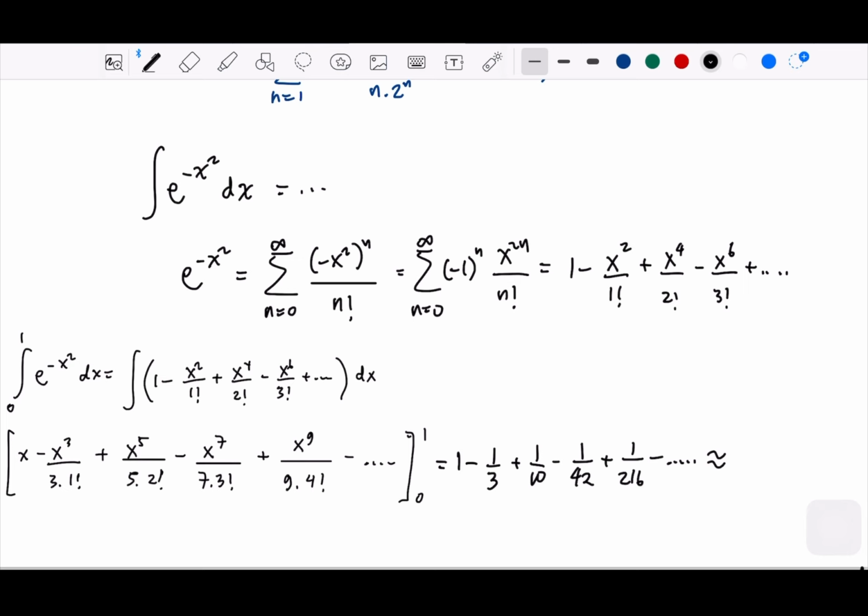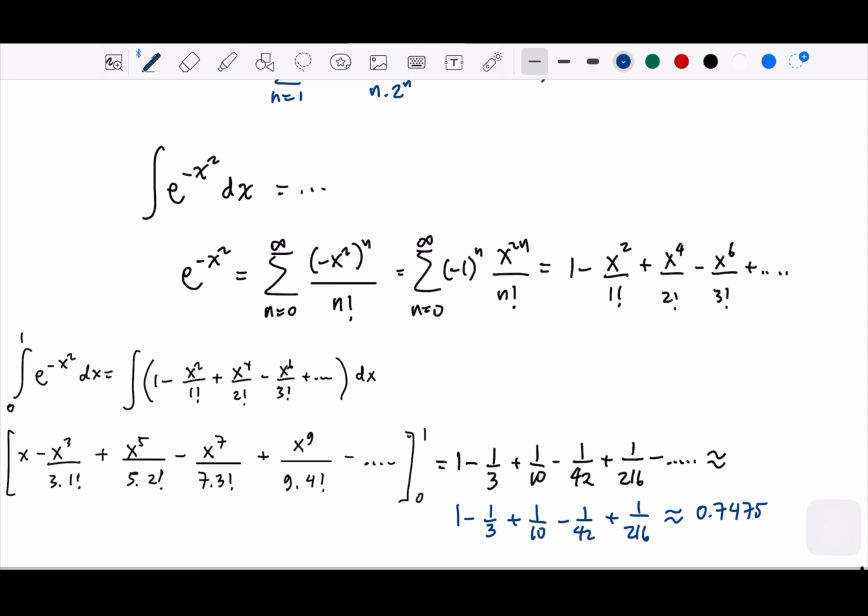So we are going to stop at the fifth term, and we say that this equals 1 minus 1 over 3 plus 1 over 10 minus 1 over 42 plus 1 over 216, and you can compute, and if I just write the final result, this is going to be